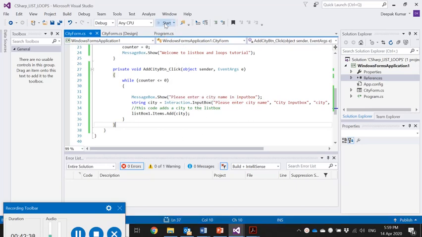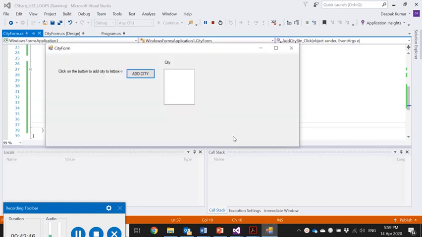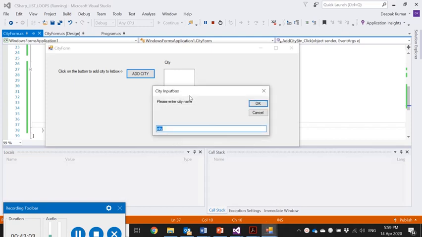If you click on start, of course our event procedure has executed, which is a system event procedure, and we see the form right over here. So if we click on add city, this button that we have just been programming, we get a message box that says enter the city name in the input box and say okay. This is an input box that appears, and as mentioned to you, it appears since we gave the position default